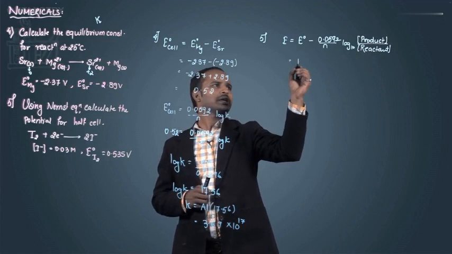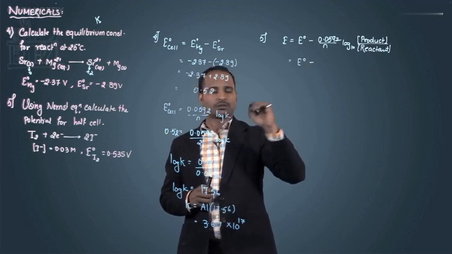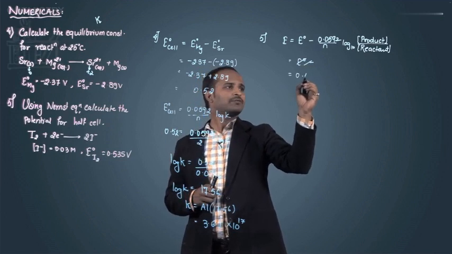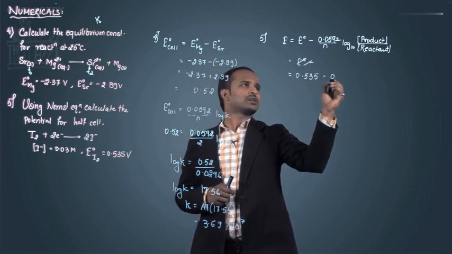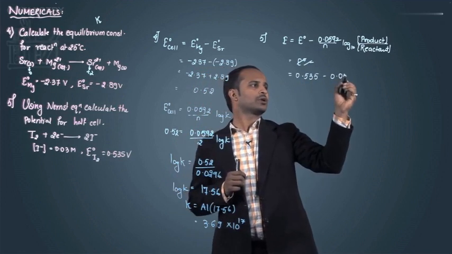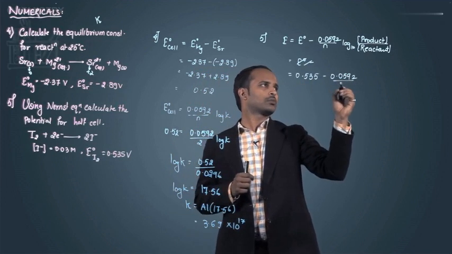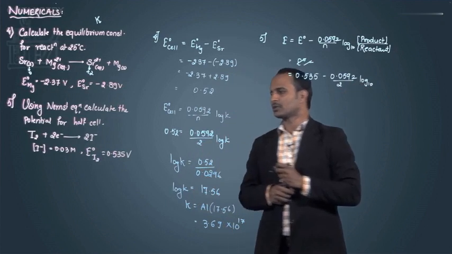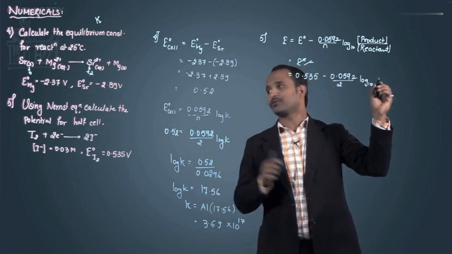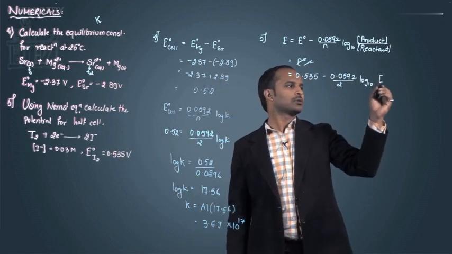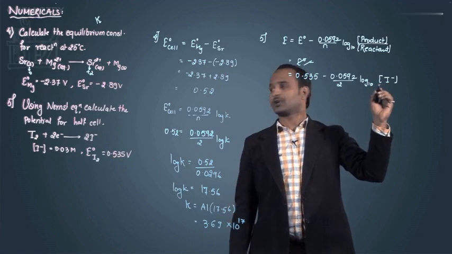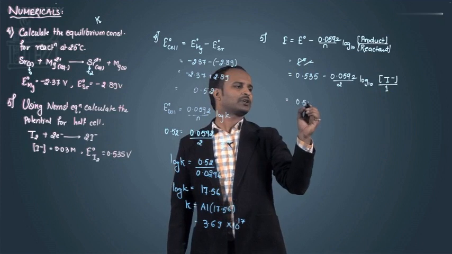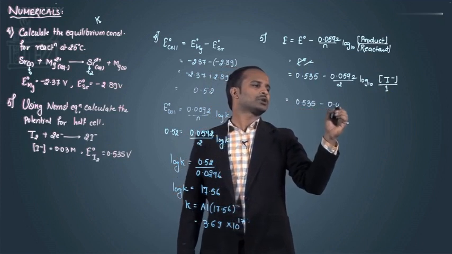So it can be written as E naught, which is given as 0.535, minus 0.0592 upon 2 log to the base 10 of molar concentration of product upon reactant. That means it is a log of only the product, since on the reactant side there is nothing, so it's only 1. So we get 0.535 minus